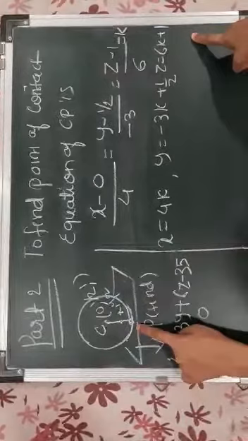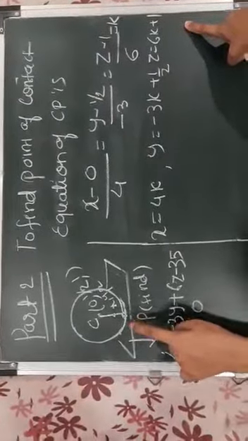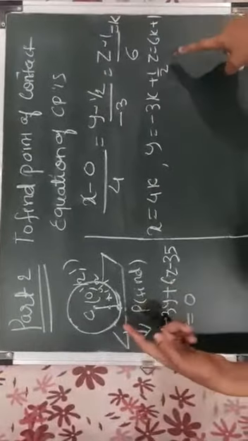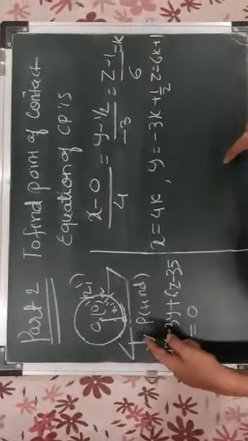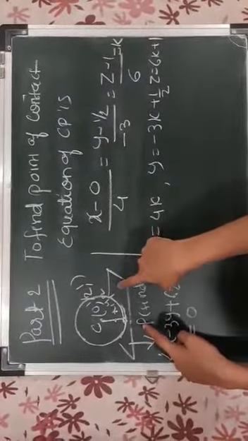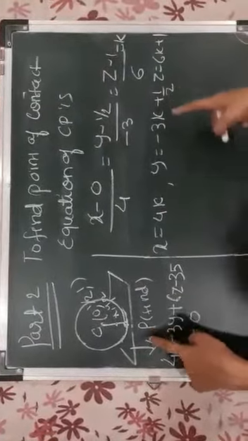But I want to find P. Where is P lying? It is lying on the sphere as well as on the plane. If I put the point P in the equation of sphere, it's a degree 2 equation, so it will become complicated to solve. Hence, we will put the value of P in the equation of plane. So if this x, y, z has to be P, then it has to also lie on the plane.